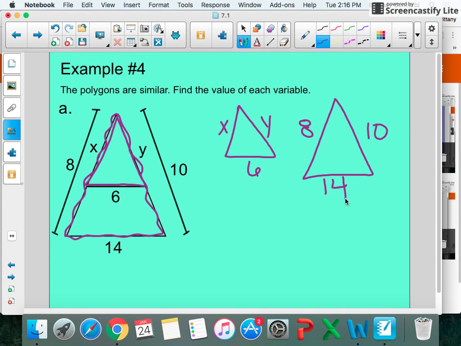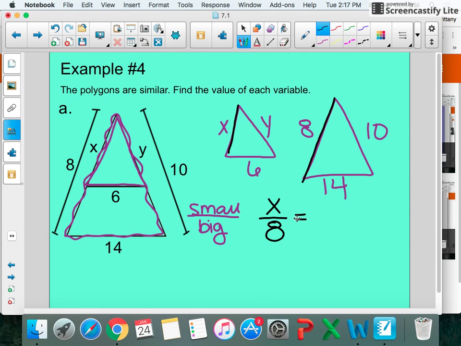So what we're first going to start off with is our proportion. So again, you set it up small triangle to big triangle. And you could do big to small too. You'll still get the same answer. So our first proportion, I'm going to start at the small one. I'm going to start with X. So I'm going to trace over where X is. X is on the left-hand side. If I go to the big triangle, 8 is on the left-hand side. So I'm going to do X over 8 will be my ratio equals,